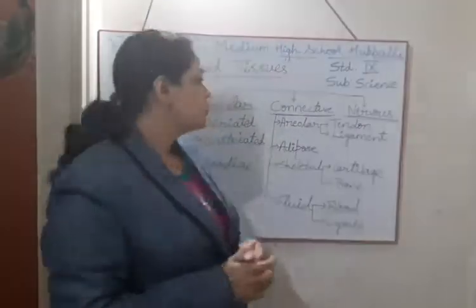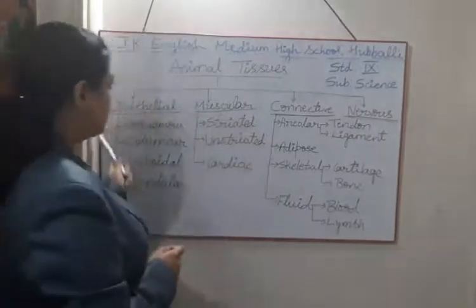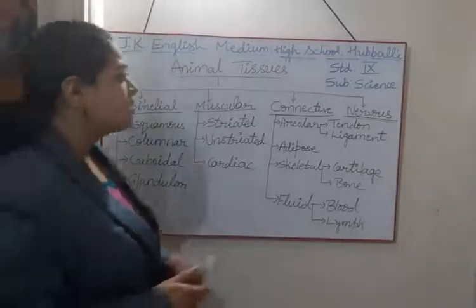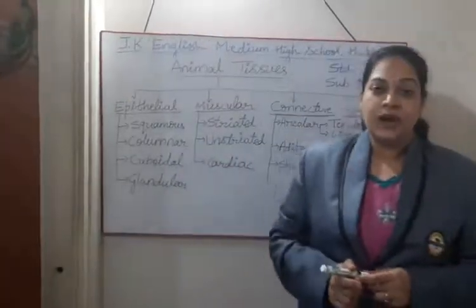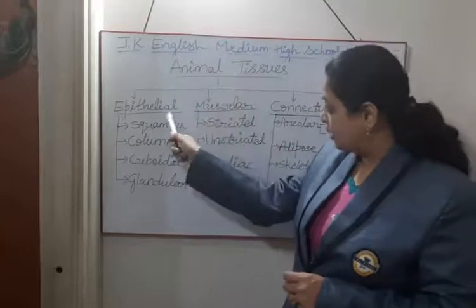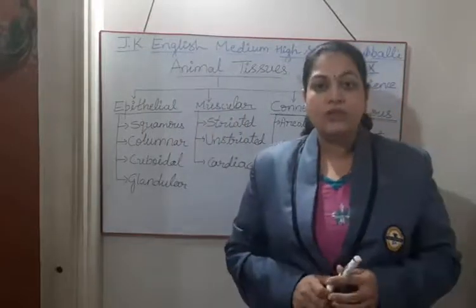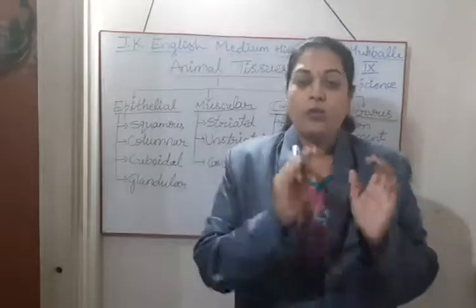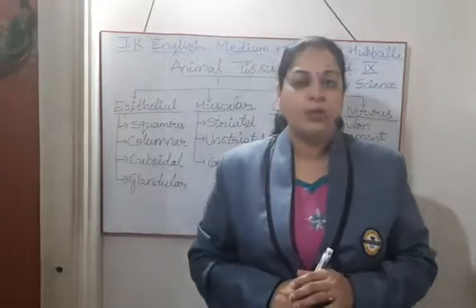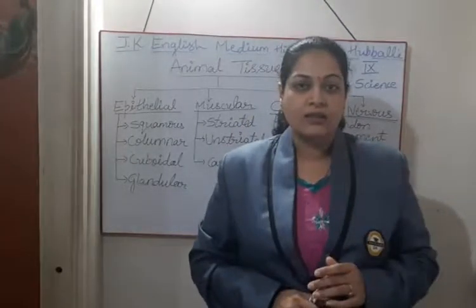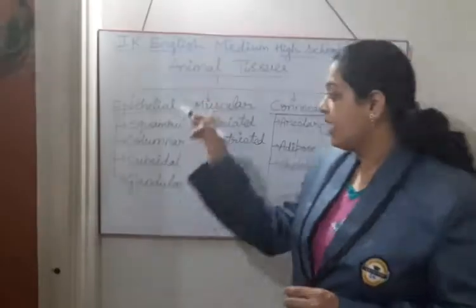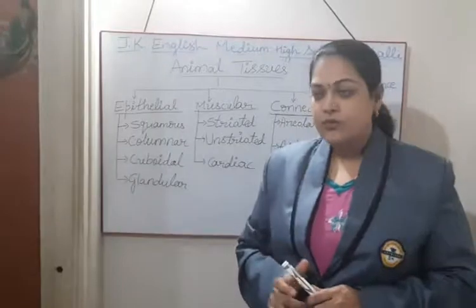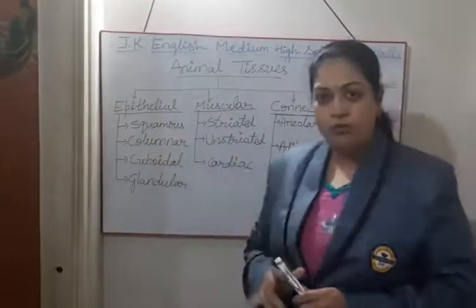Right, students? So this much is the types of animal tissues. Hope you are taking down. So how are these types classified? Based on their function and position in our body, the tissues are classified. Based on their position and what function they are performing. So based on these factors, for our convenience, we have divided the animal tissues into 4 types. Right? So let us study one by one.